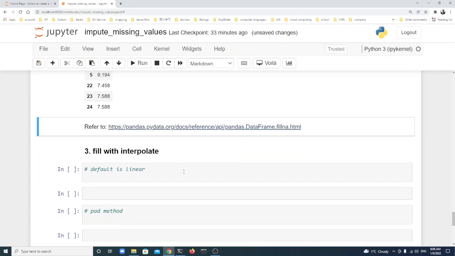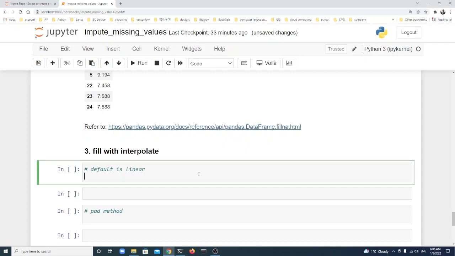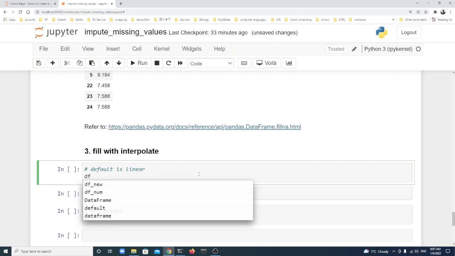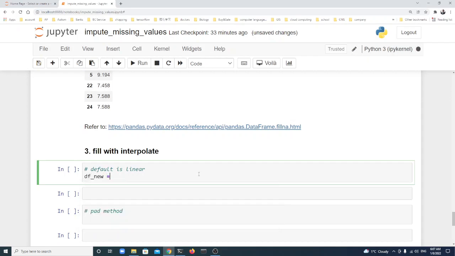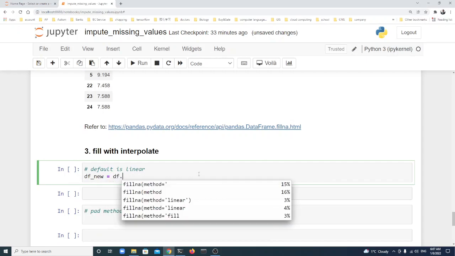There's another important method, which is fill with interpolate. Yeah, this method is very important. I like this method. I usually use interpolation. The first one, we use linear. We still use df_new equals df dot